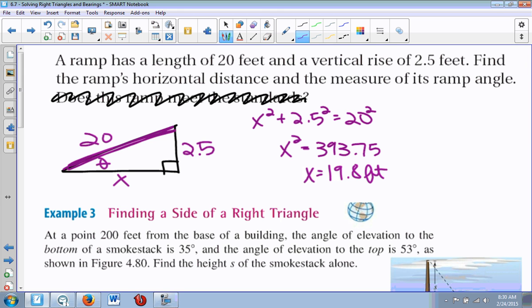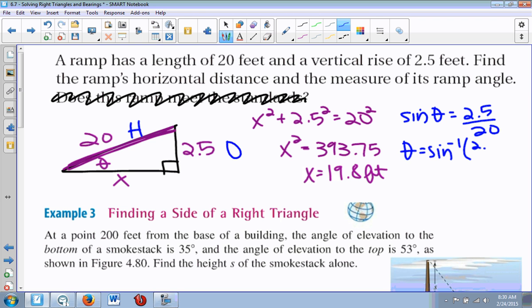The other thing that the problem asks for is the ramp angle. So if I'm looking for theta, I would use a sine ratio. Sine of theta is equal to 2.5 over 20. Again, we're finding an angle, so we're going to have to use one of our inverses. So sine inverse of that ratio, and that will give us our ramp angle. I get approximately 7.2 degrees. Okay, next